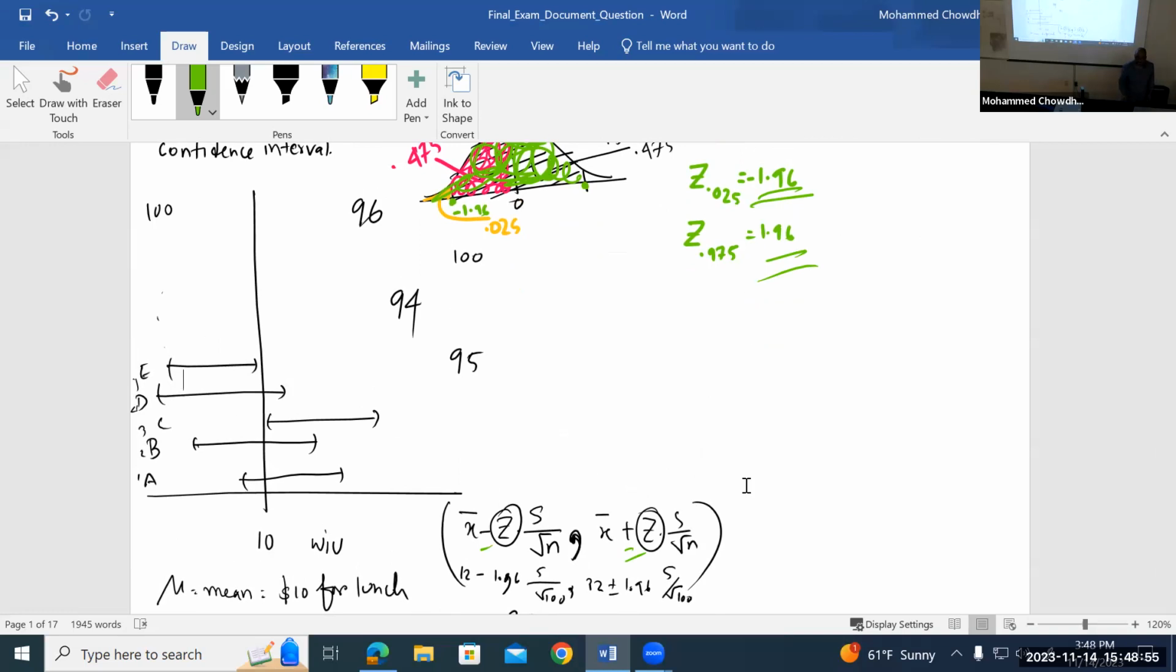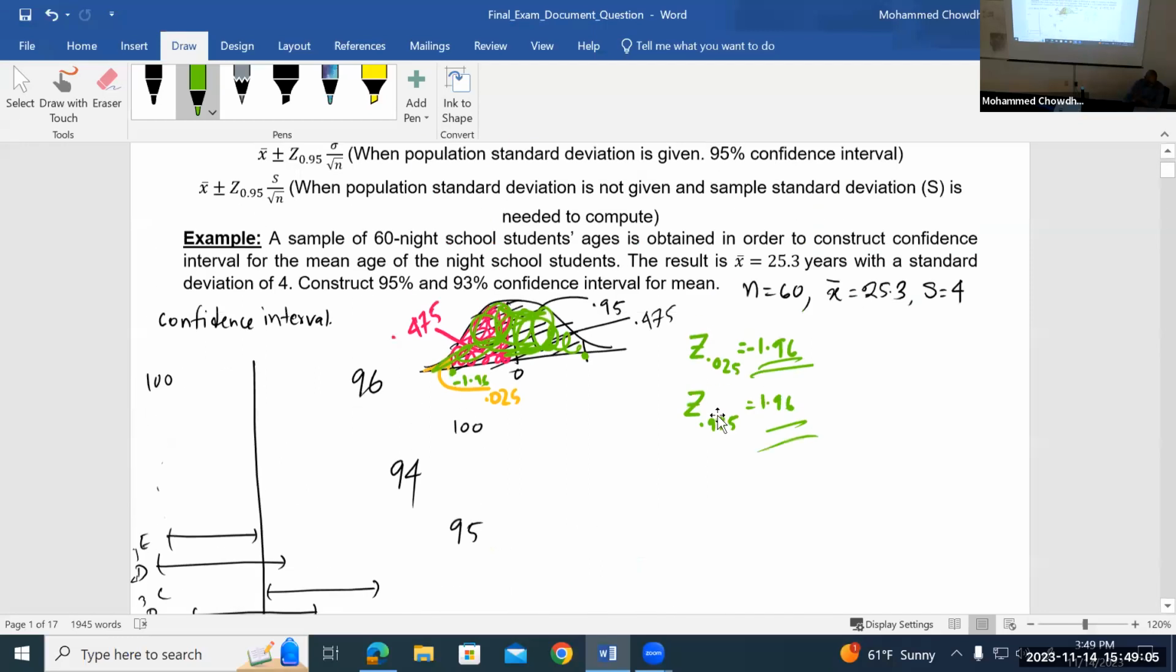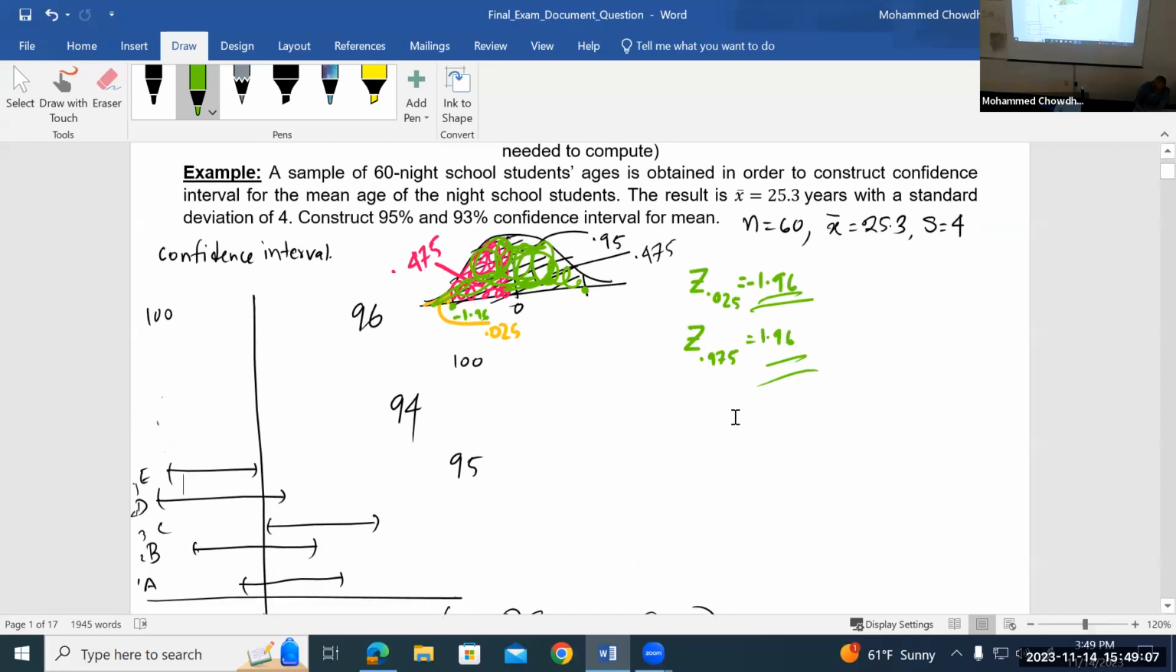Everyone ready to now solve the problem? So you understand the basic thing, right? Okay, let me solve the problem quickly. I have given n equal to this, x equal to this, s equal to this. Find the 95% confidence interval and then we will find the 93% one. Let me open a new one. The 95% confidence interval is